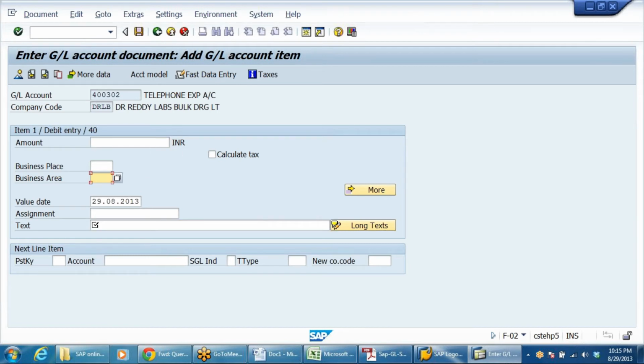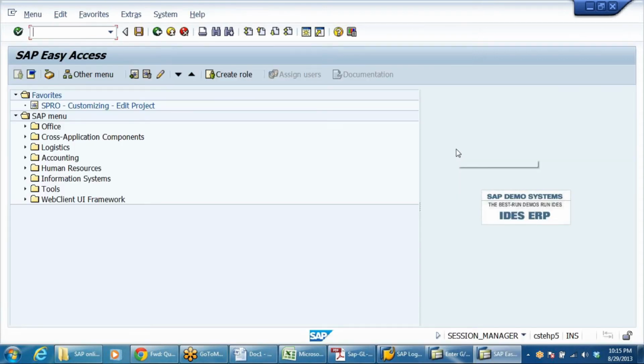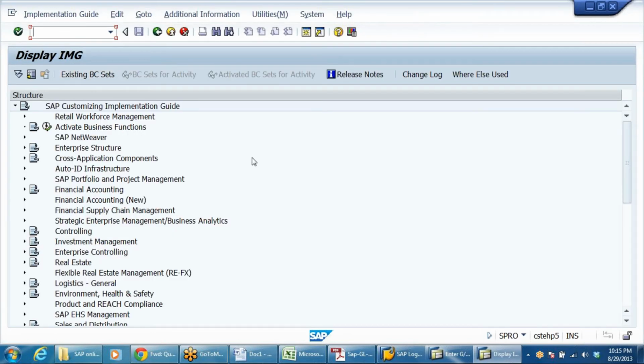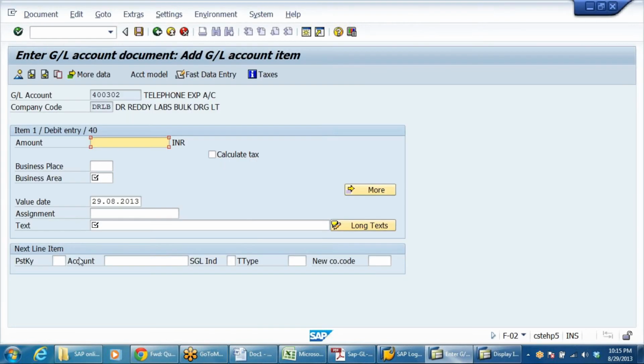Now, if you make changes, before that, I want to know, how will we know that this particular number belongs to this account? How will we remember all these things? You don't remember, pick up the GL account from here.